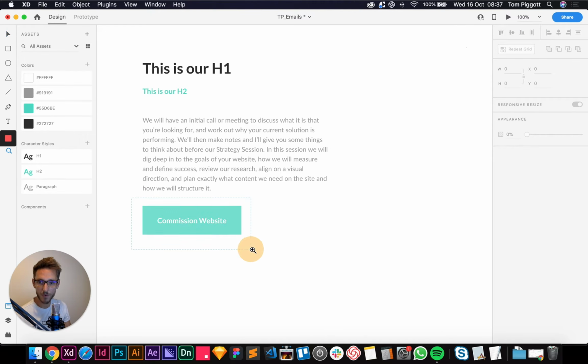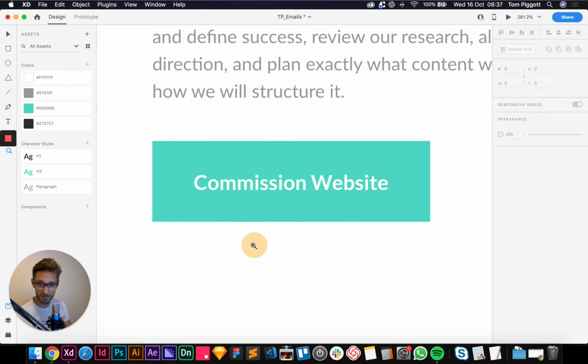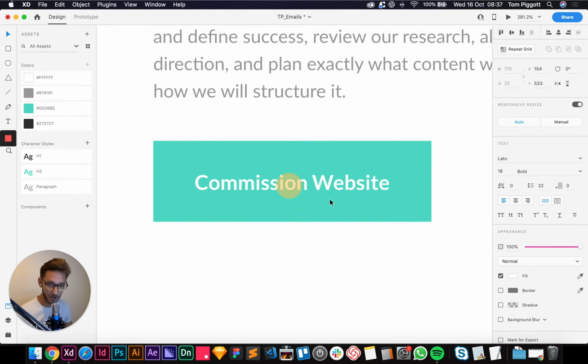Now, here's why we're using XD or Sketch or Figma rather than using InDesign or Illustrator or Photoshop or something. If I select this and I hold the Option key or Alt, if I hover to the next bounding area, you can see how much padding there is. So you can see there's 25 pixels at the top, 24 at the bottom, 36 at both sides. So when it comes to coding, all we're going to do is write out some text and give it some padding and say, I have 25 at the top, 36 at the right, etc.